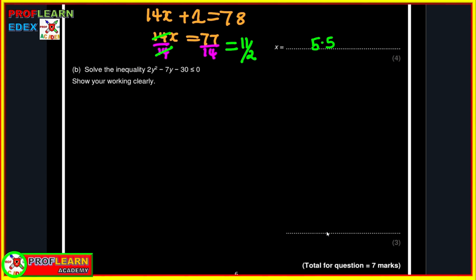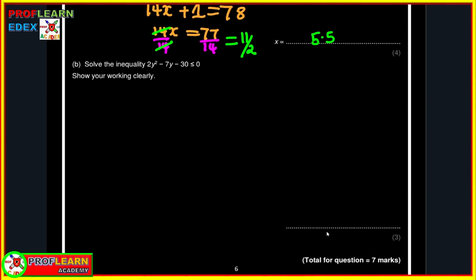I know some of us really get frustrated when it becomes solving quadratic inequalities. Let this video be the last method you'll be taught on how to approach it, and you'll be able to master it. Now follow me through. The first thing that we're going to do, we are going to treat that inequality as